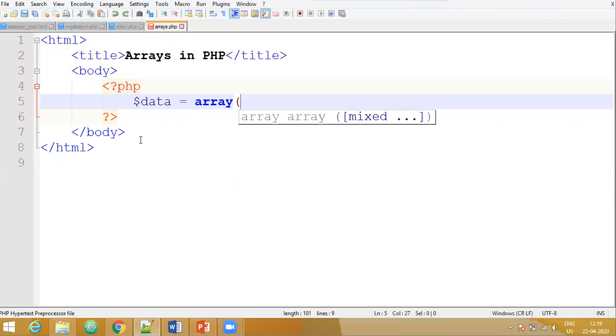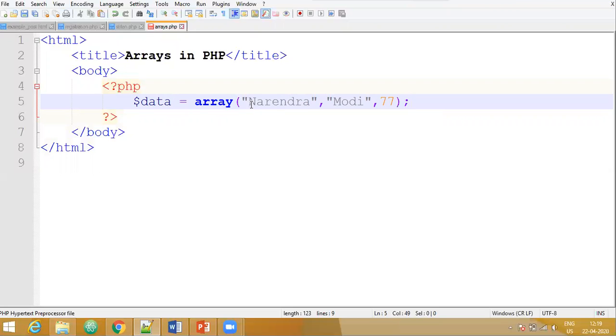Now inside this we give the values. This was our original array.